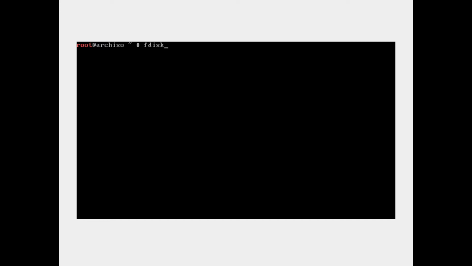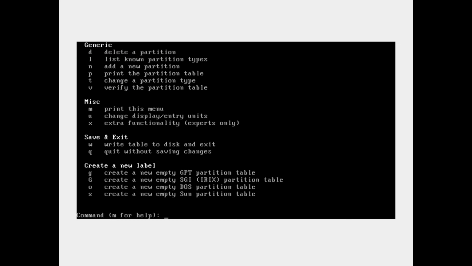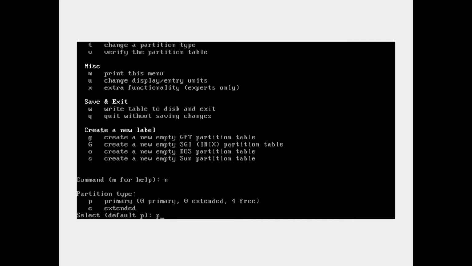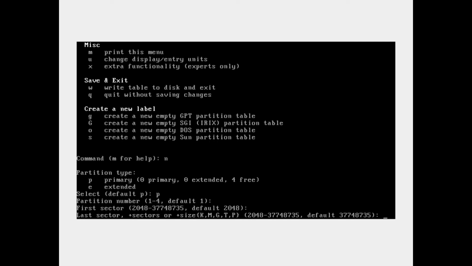So let's create a new partition, primary, default 1, the first sector where it starts. And that's why we're using fdisk. It knows where to start. And I'm going to make my